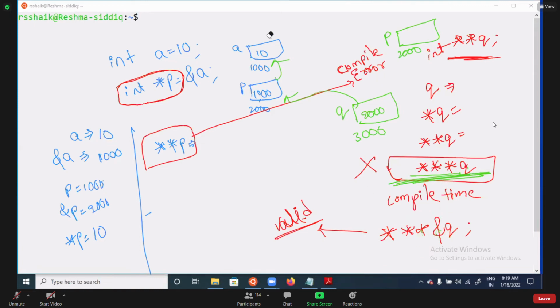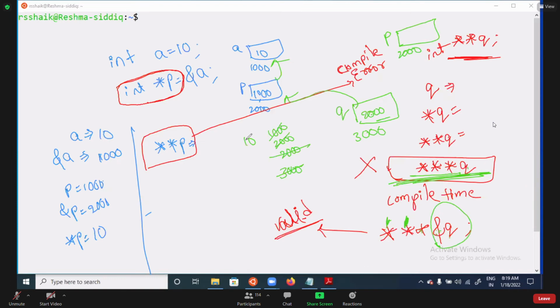Q is nothing but what? 2000. Q is 2000. Address of q means 3000. Address means 3000, 3000 star. 3000 star means the 3000 memory location. Again 2000 is there. 2000 star is 1000. Star of that is 10.